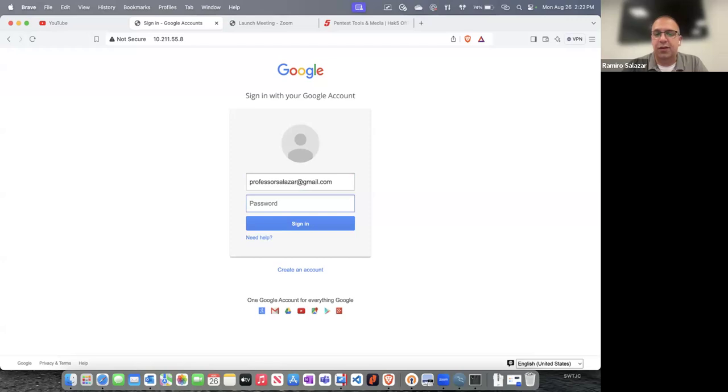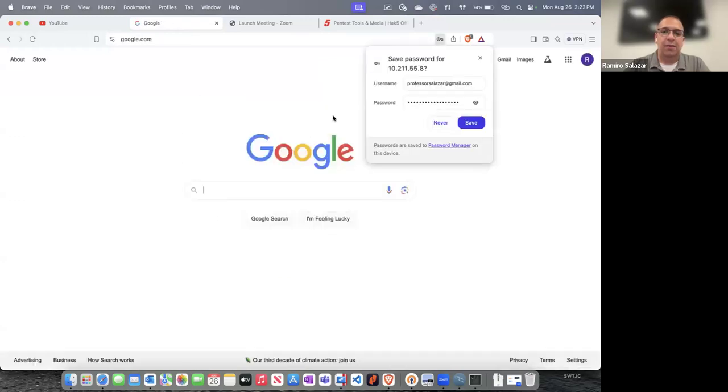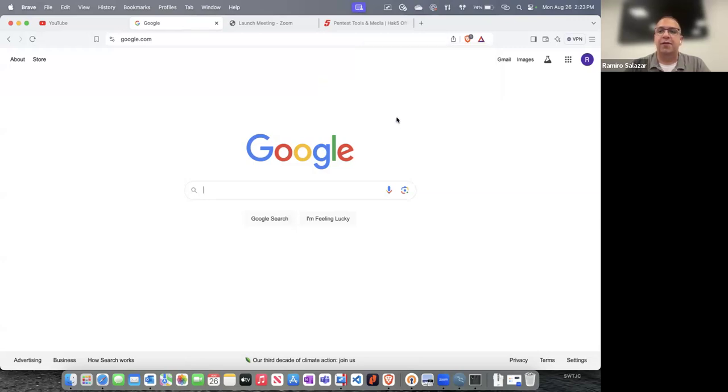For the password, I'll just use whatever: secret password $123. Whatever the victim types into their computer is going to be brought back to my Kali Linux machine. Here I'll click continue. It'll automatically navigate to the real Google page. And at this point, the victim might say, hey, what happened?